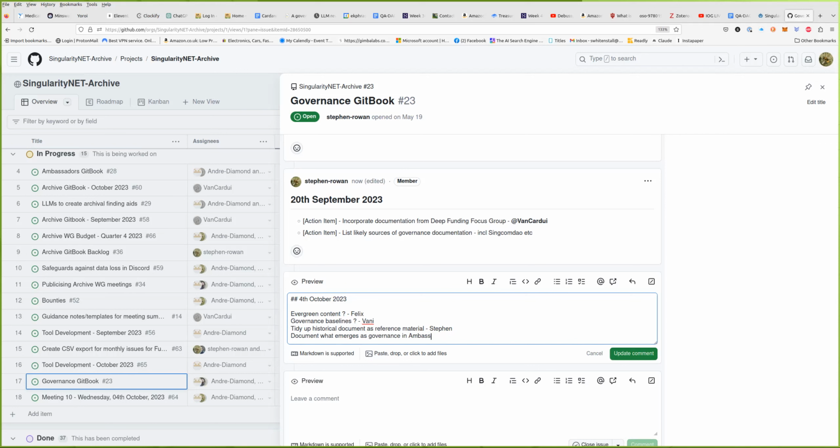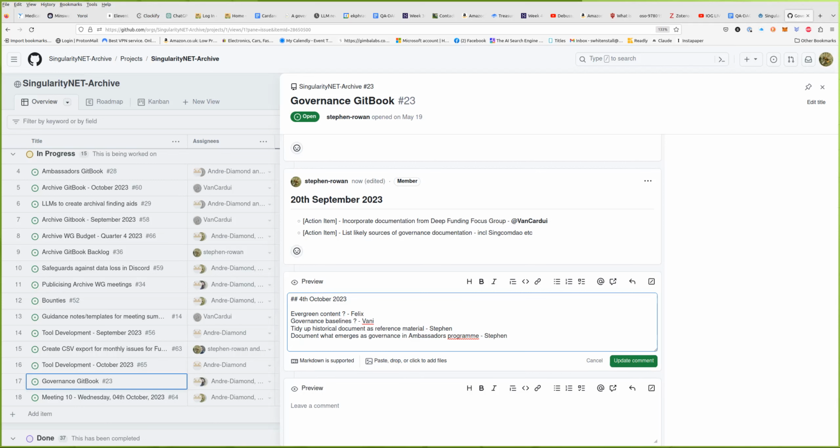Whether it's reading lists or whether it's, oh, I was thinking this the other day, or changes that are actually made to our governance baseline and developments in how we govern ourselves. These are all fodder for this Gitbook, I think. We just need to have a bit of a brainstorm with everybody about what should go in it, don't we? Yeah. The governance materials and discussions somehow. Yeah. I mean, it's a work in progress, so we need some sort of focus for this.